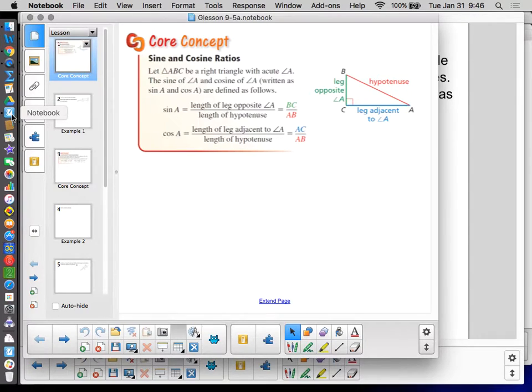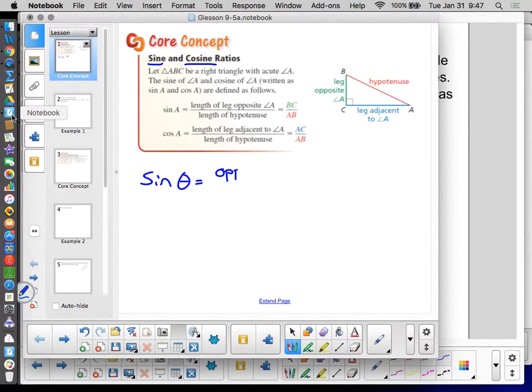Today we're going to look at two new ratios, the sine ratio and the cosine ratio. These are abbreviated sin and cos, but sine and cosine are the actual names. We just abbreviate them sin and cos. Simply put, we still have the same parts of the triangle. We still have opposite, adjacent, hypotenuse, but the sine of an angle is the length of the opposite over the